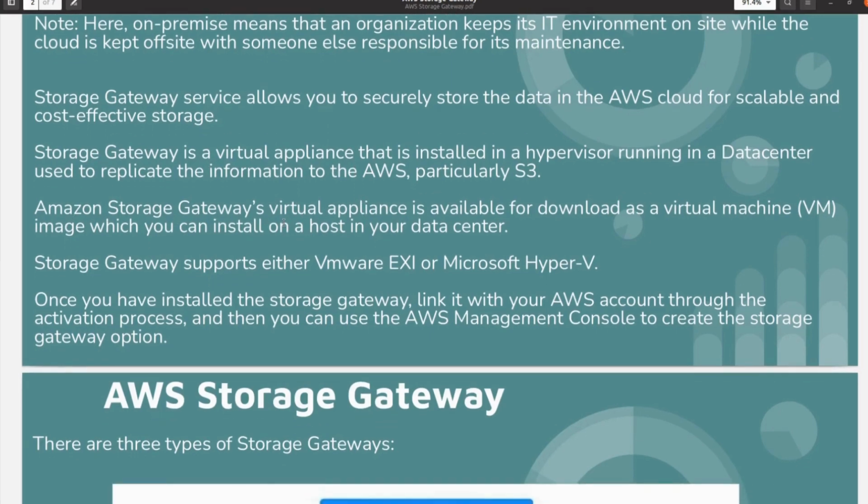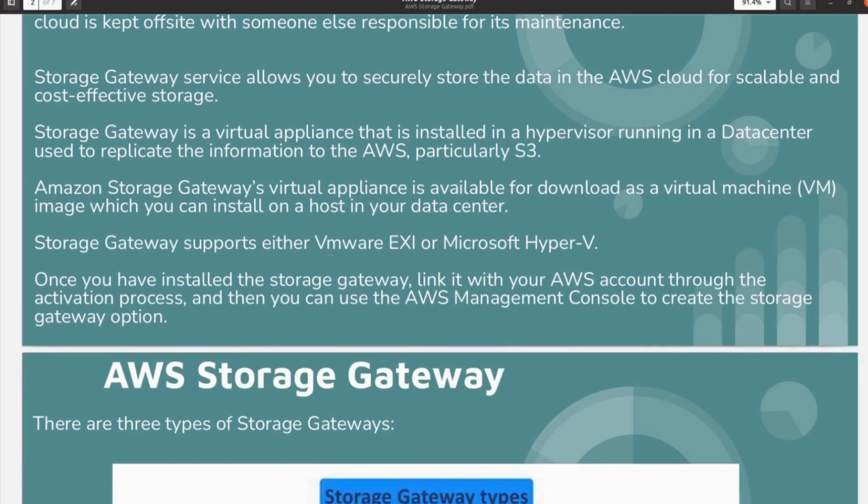Amazon Storage Gateway is a virtual appliance available for download as a virtual machine image, which you can install on a host in your data center, just like a virtual image.